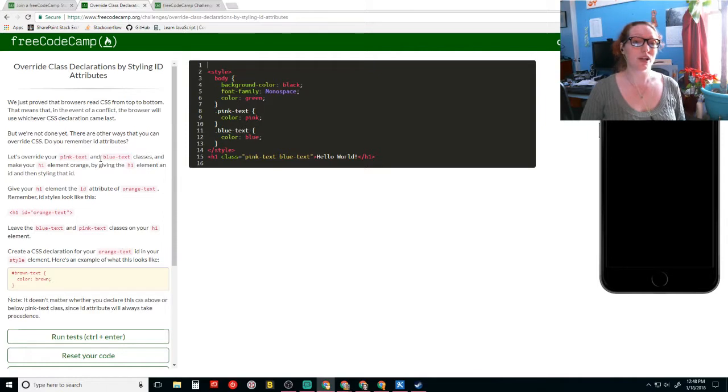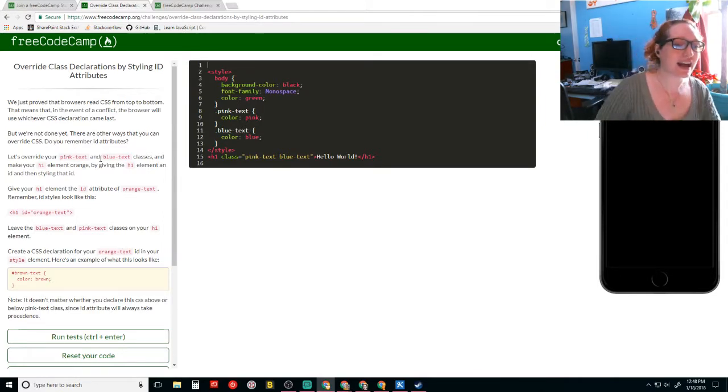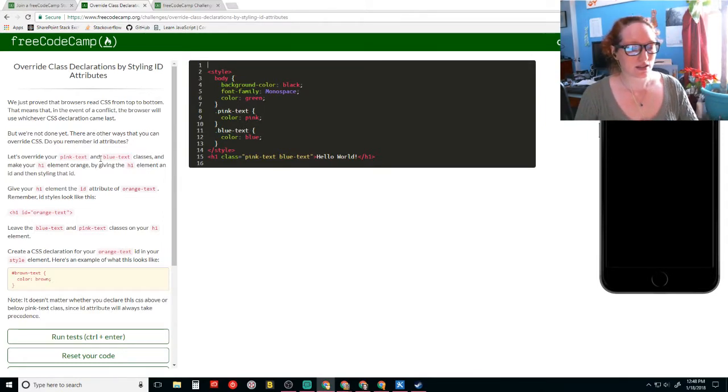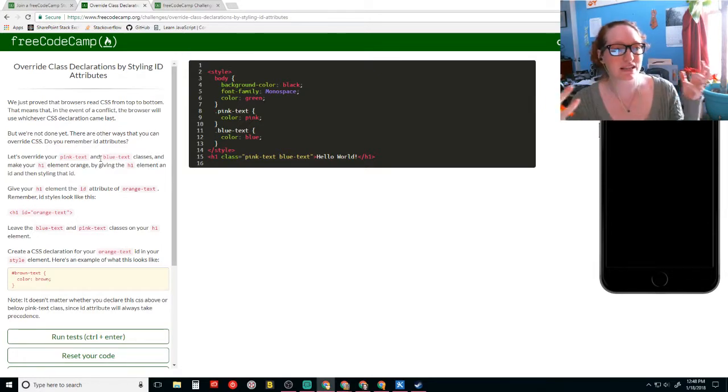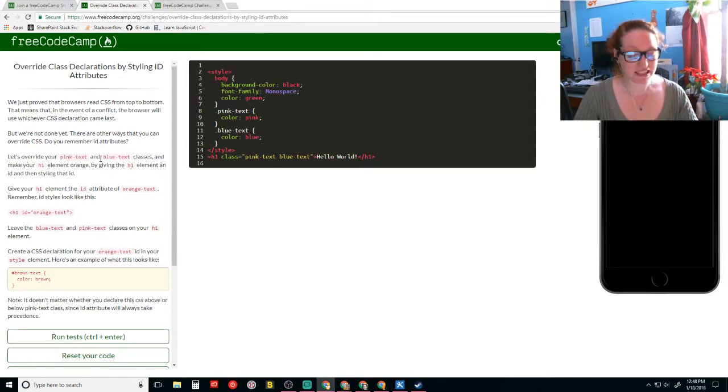I want to understand what's the best practice or the standard practice, the way that everybody kind of does it, since we've already jumped in and didn't drown. Let's find out how we're really supposed to be doing it. Okay, and ID attributes always take precedence.